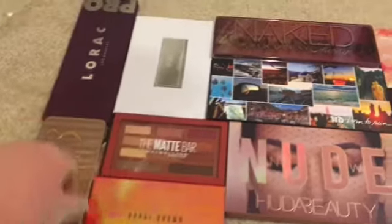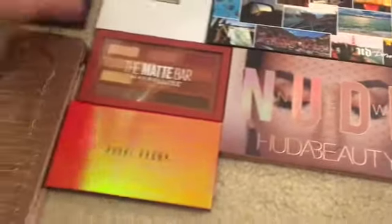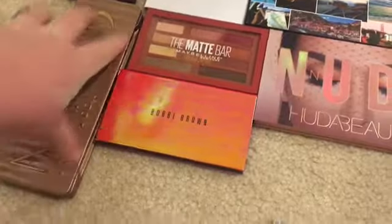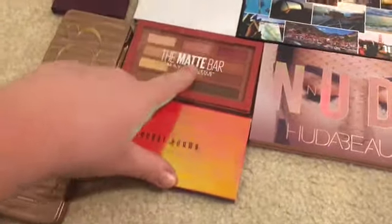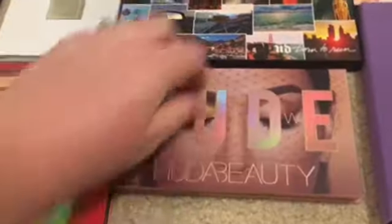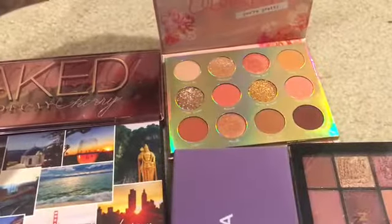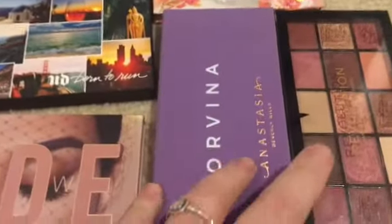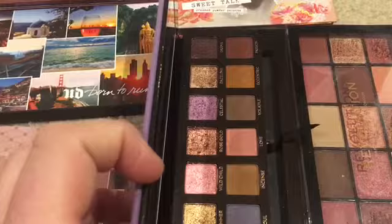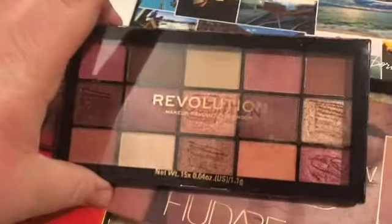Got my Naked 3, Lorac Pro 4. I got Naked 3, Bobbi Brown Infrared, which is gorgeous, the Matte Bar by Maybelline, Per Cosmetics Visionary, Huda Beauty New Nude. This is the Urban Decay Born to Run palette. Naked Cherry, Sweet Talk by ColourPop, Norvina by Anastasia Beverly Hills, and then the new Makeup Forever palette, which I already had to scrape because it